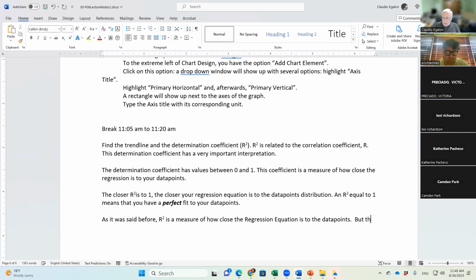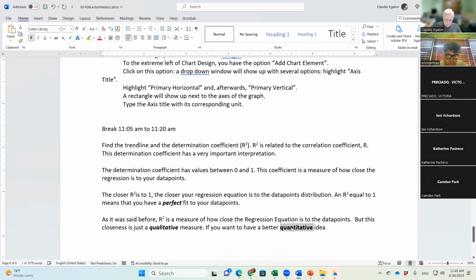But this closeness is just a qualitative measure. Qualitative, very important. Qualitative versus quantitative. If you want to have a better quantitative idea of how close the regression equation is